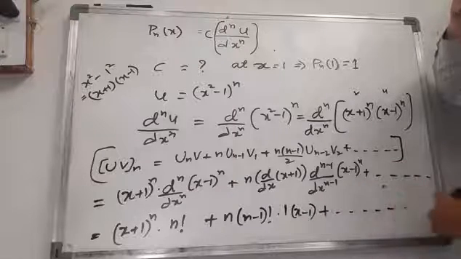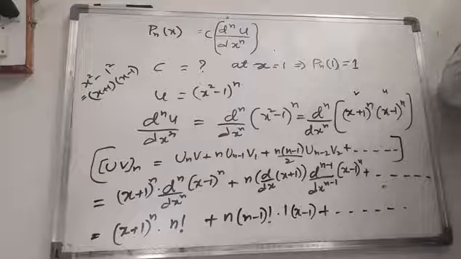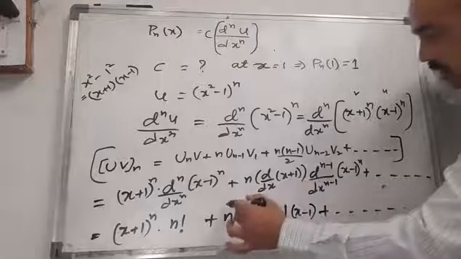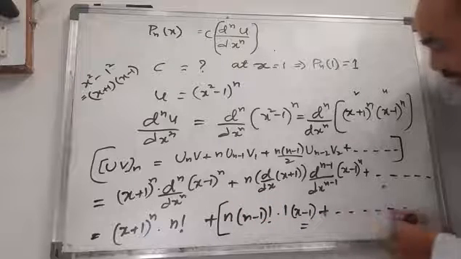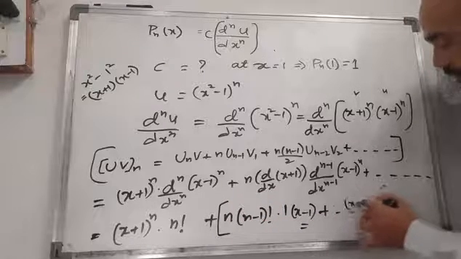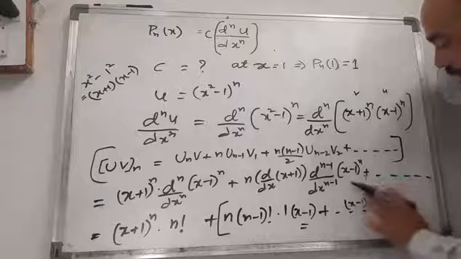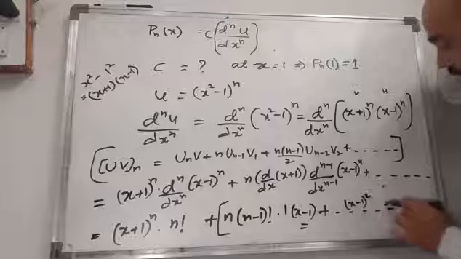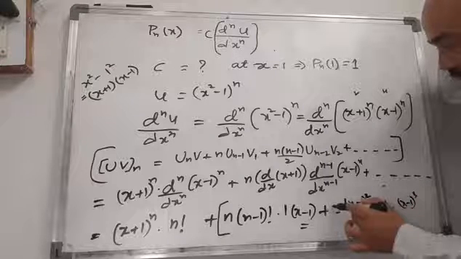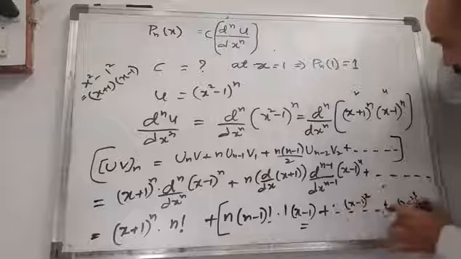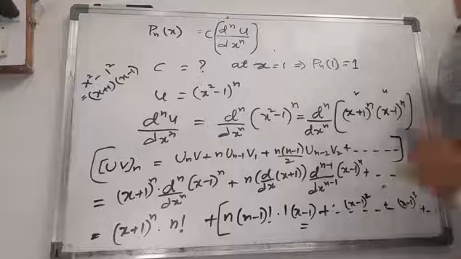Every term you will find some factorial into x minus 1. That will be common. So from here onwards this x minus 1 term will be common for all the remaining terms. All the terms will have some x minus 1 in here, 1 is there, so here square will be there. Afterwards here x minus 1 whole cube will be there. So some factorial into some number factorial into some x minus 1 whole square, some x minus 1 whole cube, like that, and so on it goes.